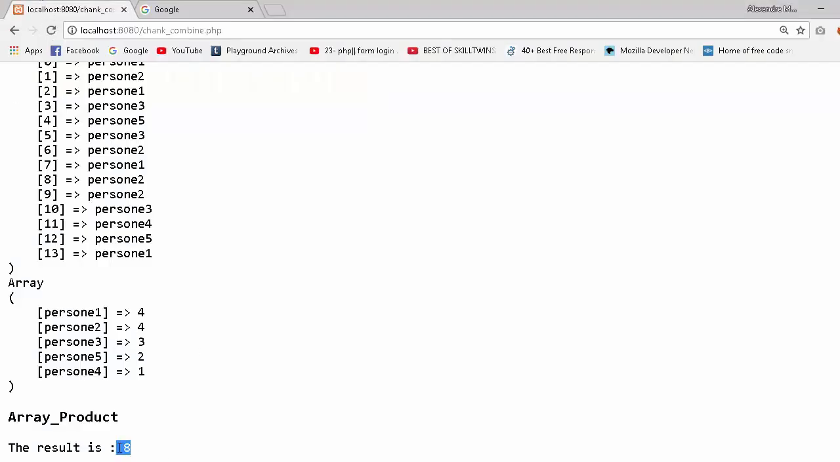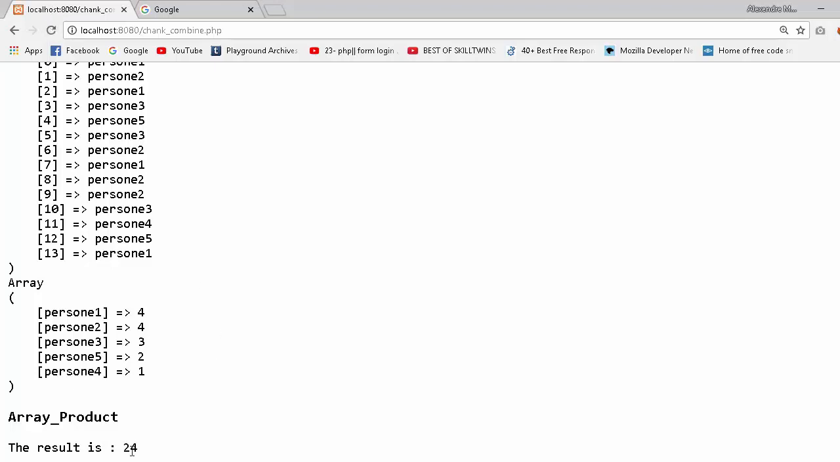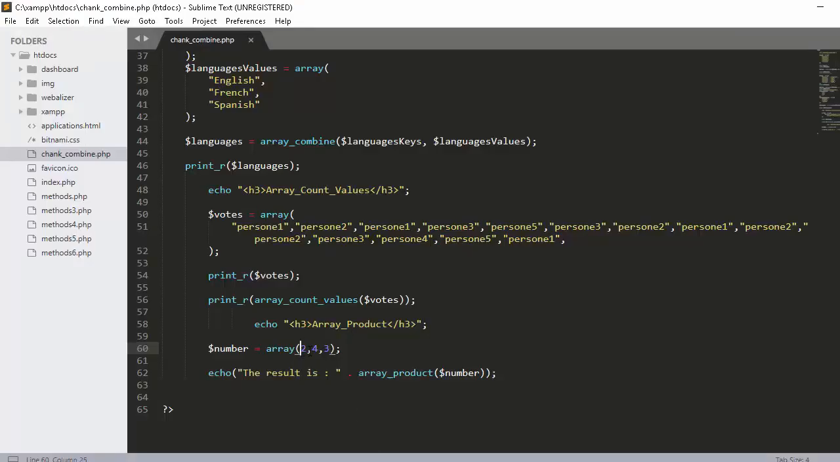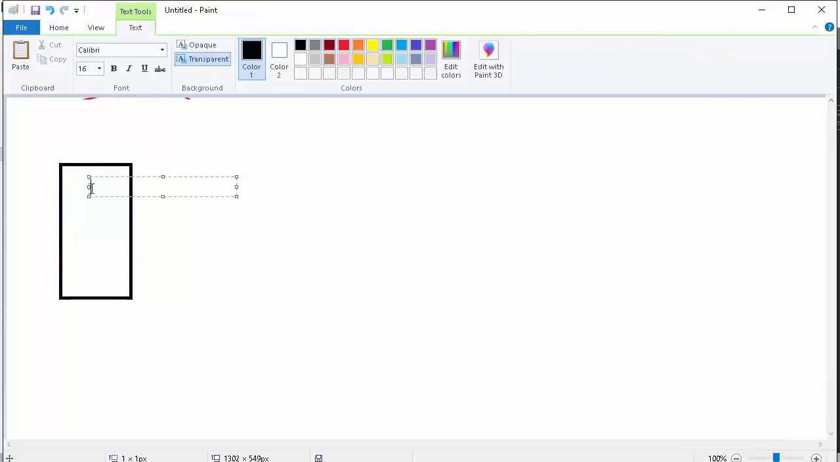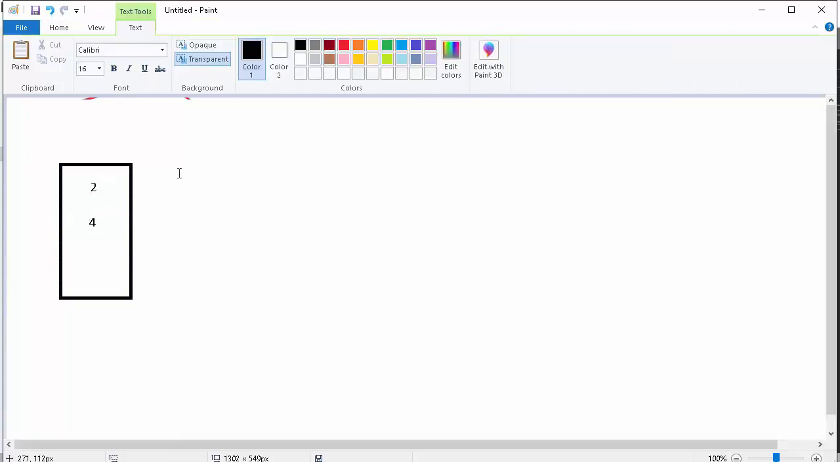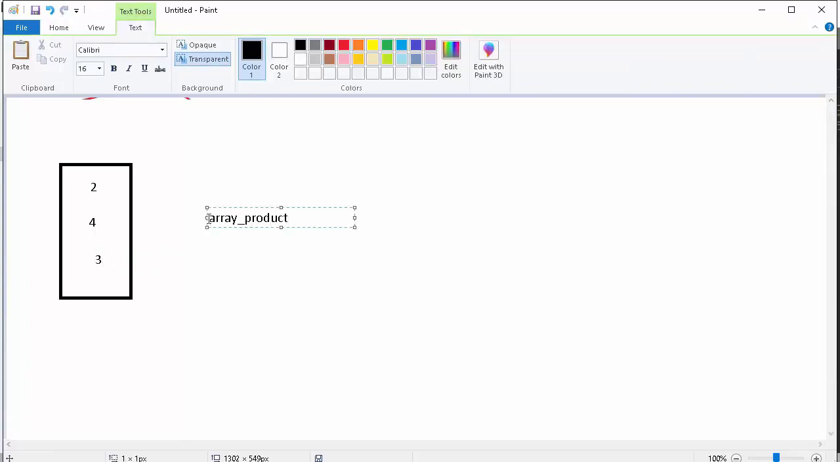The result is 8. How does this method work? So if we have for example 2 multiplying by 4 and 3, the result is 24. 2 multiplying by 4 is 8, and the result of these two numbers multiplying by 3 will be 24. Let's see how it works. So we have an array and we have 2, after that we have 4, and we have 3. The array product will get this array as parameter,